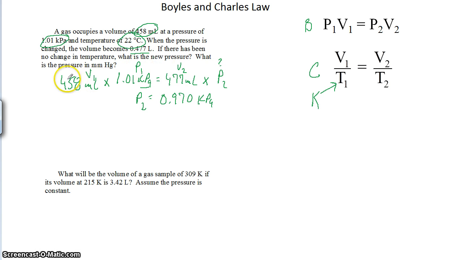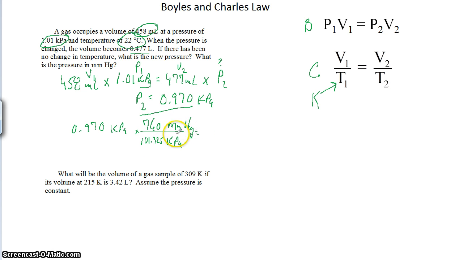Now the second part of this question is, what is this pressure in millimeters of mercury? If I ever have to do a conversion, it's pretty easy. All you do is you go 0.970 kPa times, in a line, the units you begin with always go in the bottom of the next fraction, and then whatever I'm going to goes on top. And what do they want? Millimeters of mercury. And again, you need to know the relationship between these numbers. With my students, I give them a reference packet, and in there I've listed that 760 millimeters of mercury are equal to